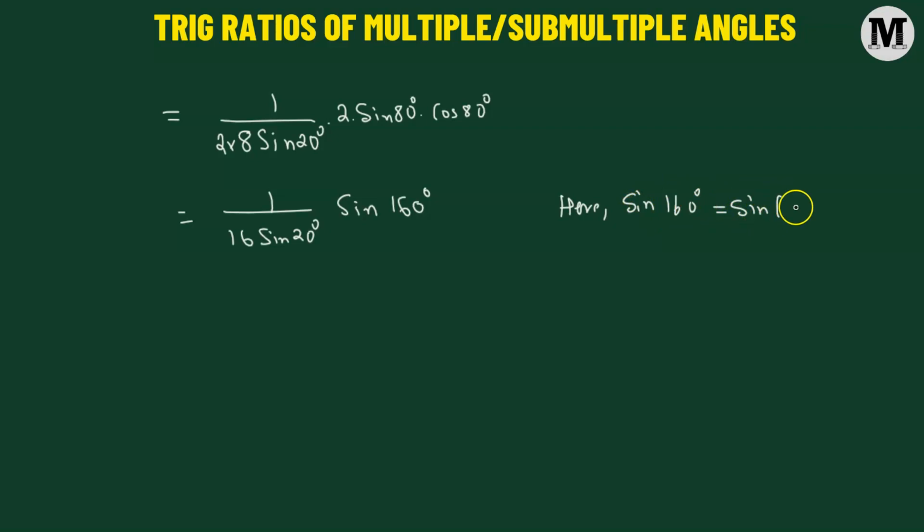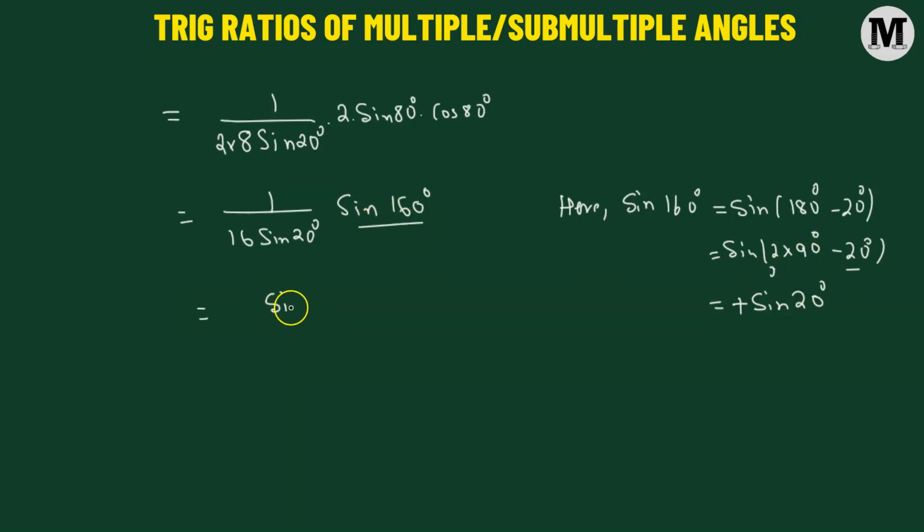So we have sine of 180 degrees minus 20 degrees, which will be equal to sine, so 180 is nothing but 2 times 90 degrees, so it's an even multiple of 90 degrees. Whenever we have an even multiple, sine stays as the sine function, but the new angle will be 20 degrees. But this number 2 tells us that we are in the second quadrant where sine is positive, so we get positive sine 20 degrees. So in place of sine 160, we're going to replace it with sine 20 degrees divided